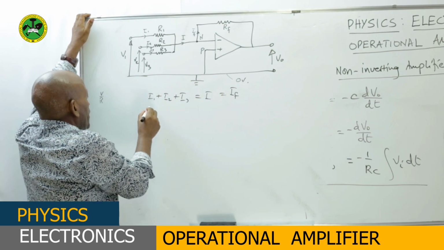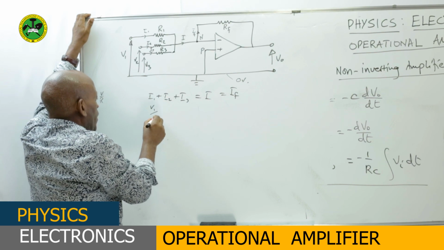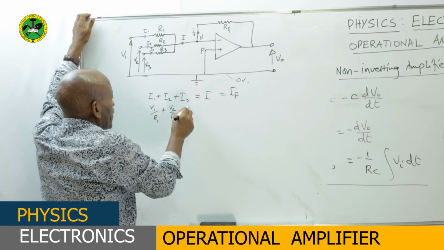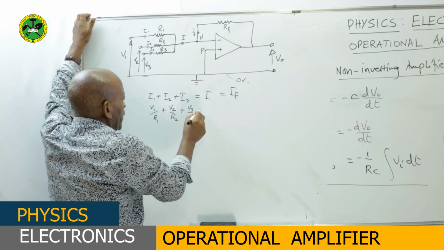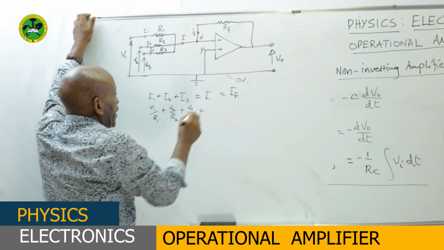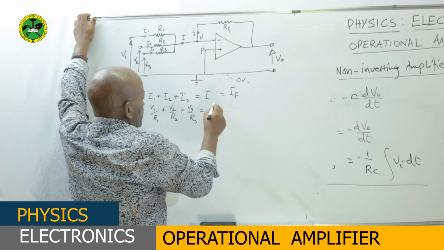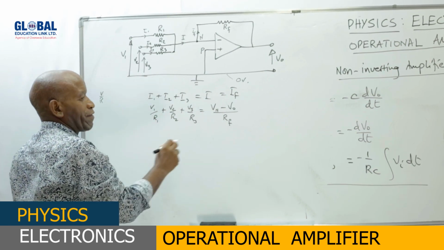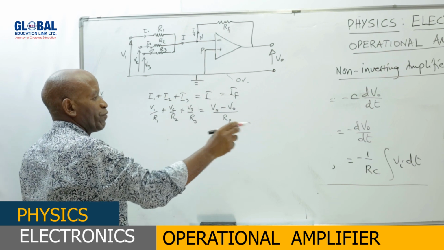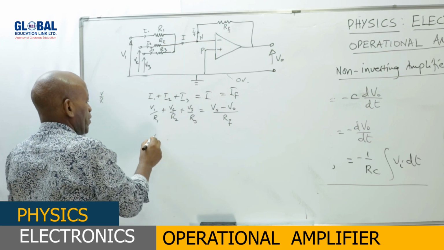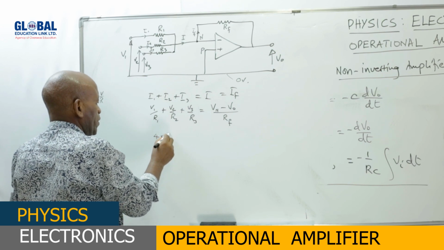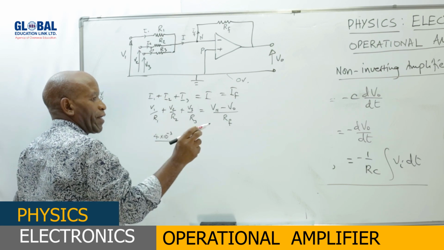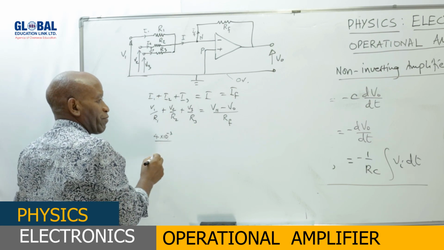But the current I1 is just equal to V1 over R1. The current I2 is equal to V2 over R2. The current I3 is equal to V3 over R3. So this is equal to the current IF. Now we can substitute for those particular values. What is V1? V1 is given there, which is 4 millivolts, so we take 4 millivolts over R1. The R1 there is equal to 1.5 kilo ohm,